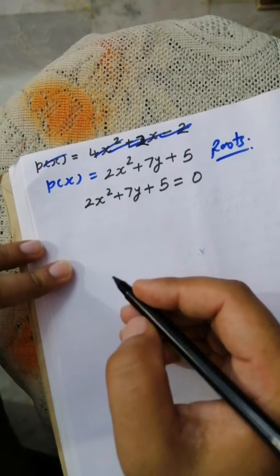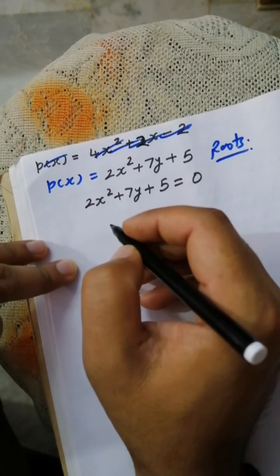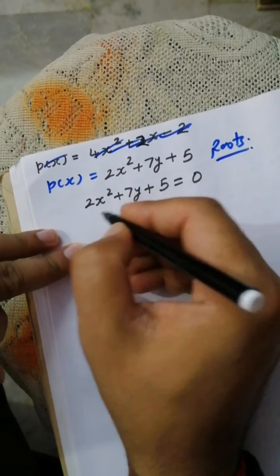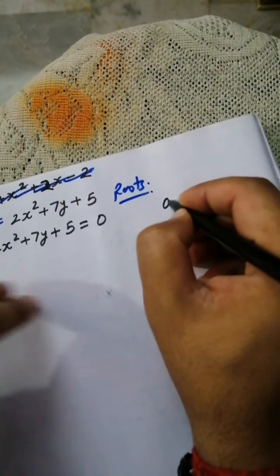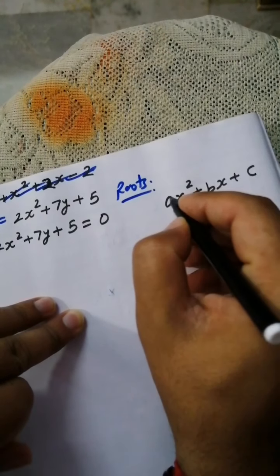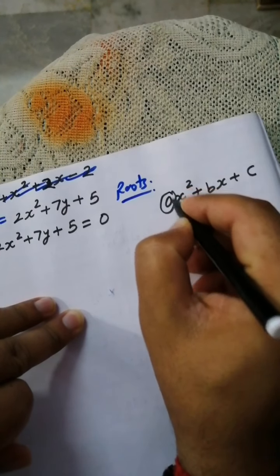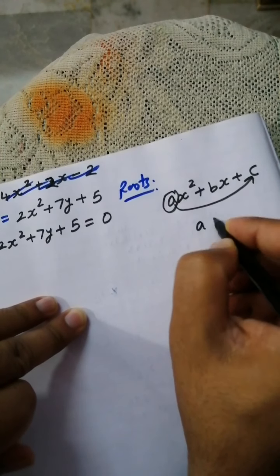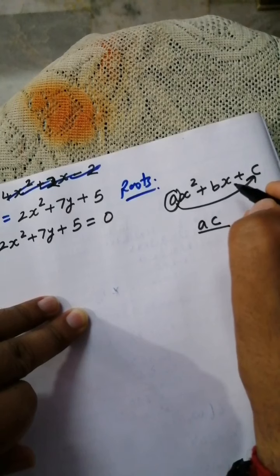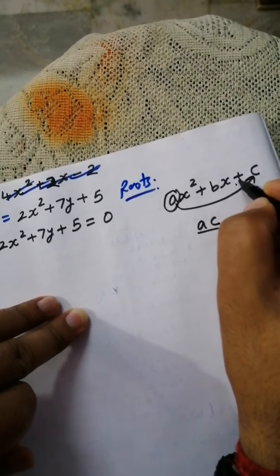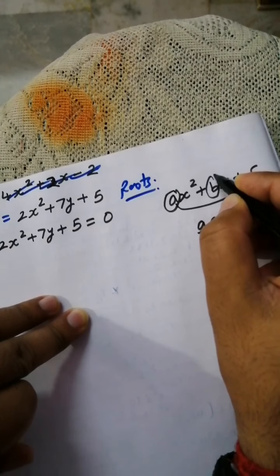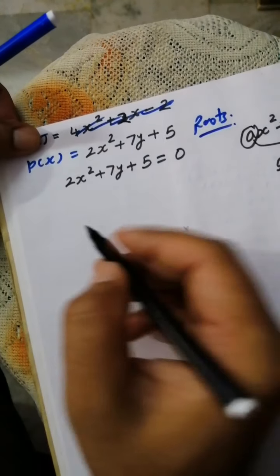Now here, firstly, for a quadratic equation, we will use the middle term splitting method. It is the way whenever you are given ax square plus bx plus c. Firstly, multiply this a with c. It will be ac, and find factors of ac, positive or negative, so that their sum or difference will be according to this b. So here we will do this method.